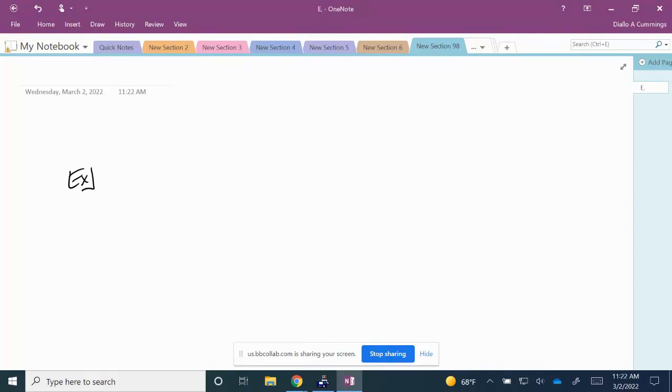So in this example, we're going to evaluate, or find the exact value, for the sine of negative 7 pi over 12. Okay. So now